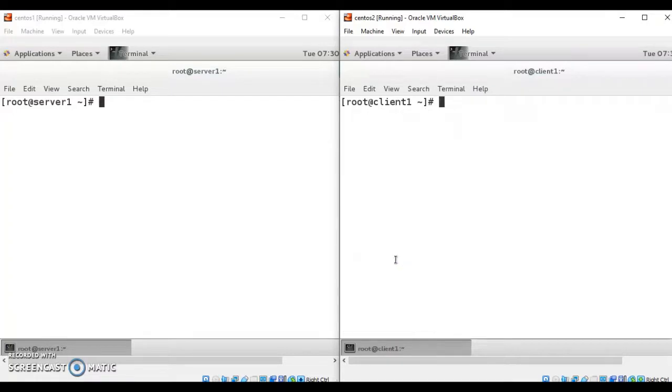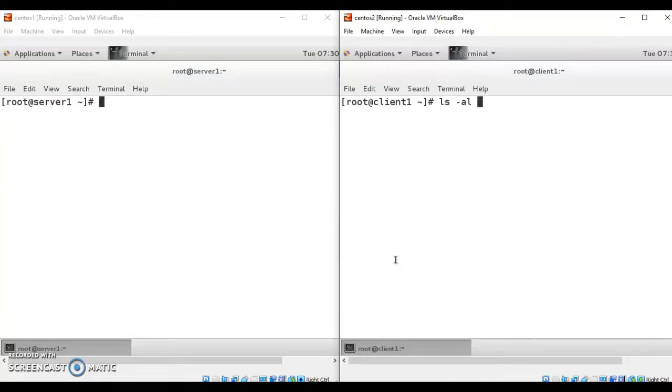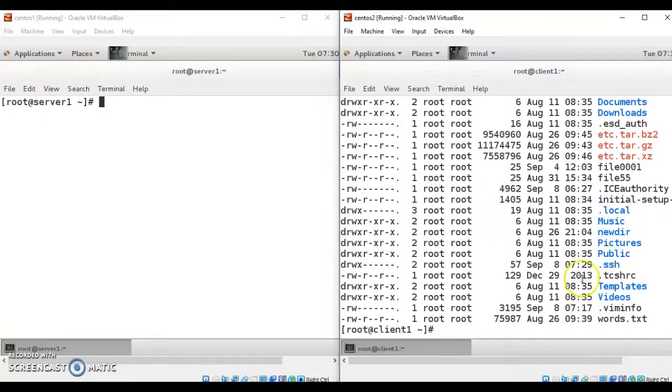If you want to check that, first check whether you are working under root, and list the contents of the root directory. You can find various other files, but the directory in which your key pair has been stored starts with .ssh. That is known as a hidden directory. To view the hidden directory we use the command ls -al, which will display the .ssh directory with read, write and execute permissions.